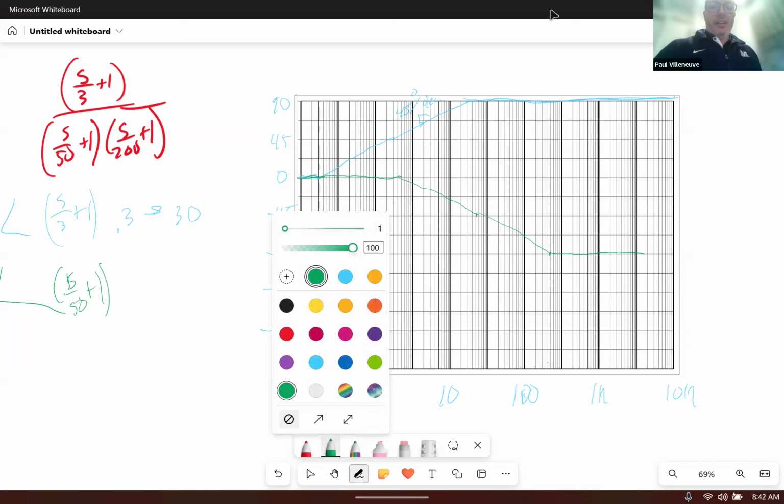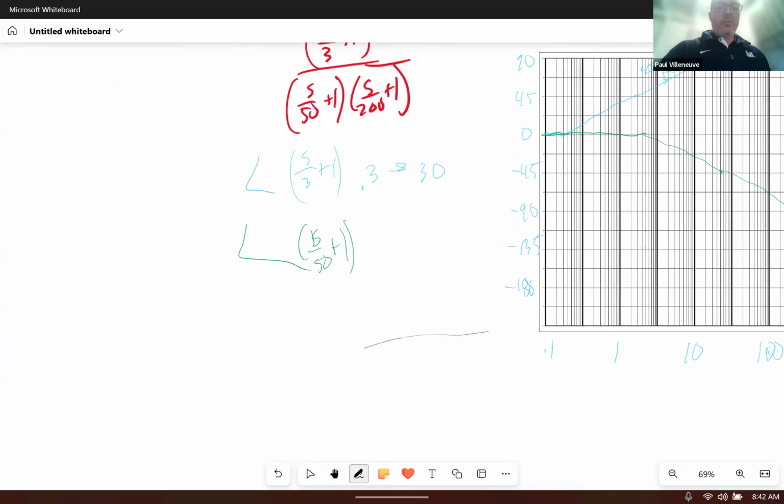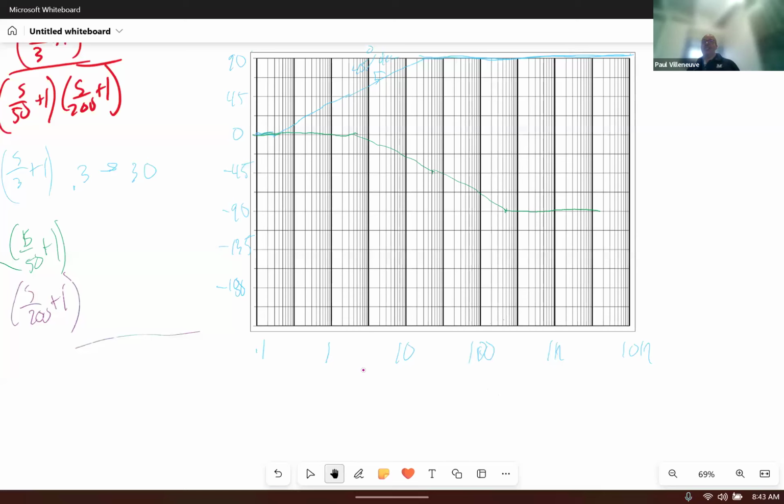The last one I did was, you call it sparkly. So this one here is S over 200 plus 1. Same deal, it doesn't do anything until it hits 1 decade below. So 1 decade below 200 is 20. So that's flat until it gets to that point. Then it goes down and hits negative 45 at 200, which is the break frequency. And then it stops